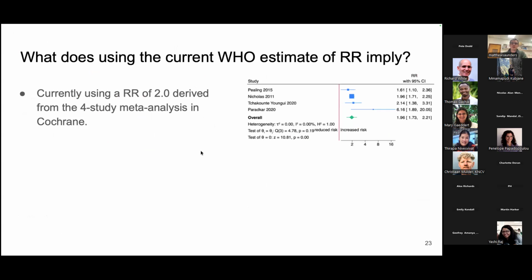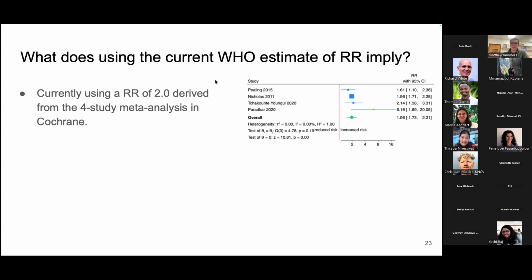So just to end, we thought it would be useful to highlight what our current estimates imply. For those of you who have kept up to date with all of the changes recently, in the last two global TB reports, the World Health Organization are using a relative risk of 2.0 for the risk of TB associated with undernutrition, instead of the one they used previously, which I think was 3.2, which was derived from Knuth's 2009 review. Now, this 2.0 is derived from the Cochrane review, and it's specifically taken from this 4-study